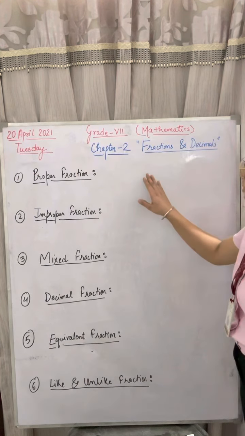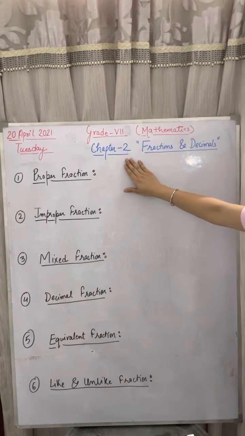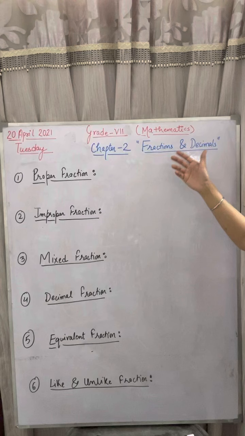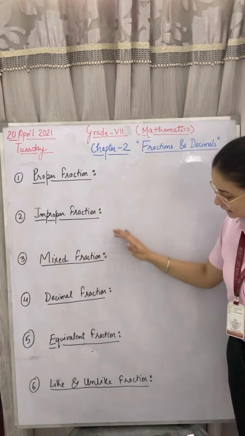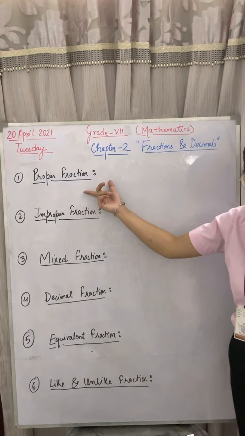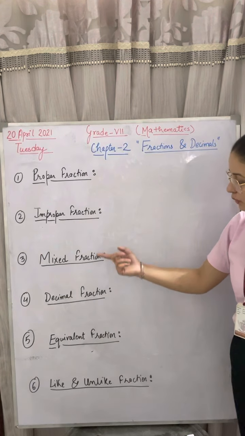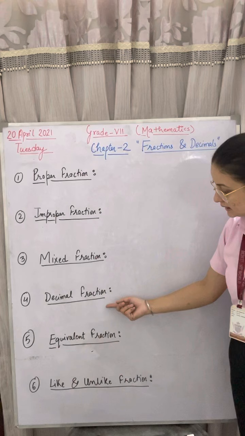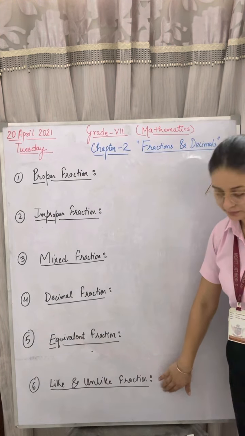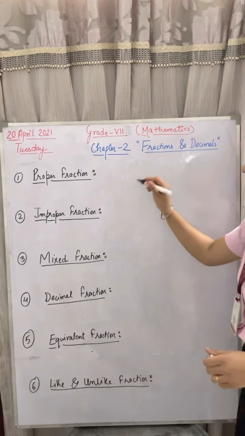Today we are going to start our next chapter, chapter 2, fractions and decimals. In this chapter, first of all, you have to understand these basic terms of fractions. What are proper fractions? What are improper fractions? What are mixed fractions? What are decimal fractions? What are equivalent, like and unlike fractions? So in the proper fraction,